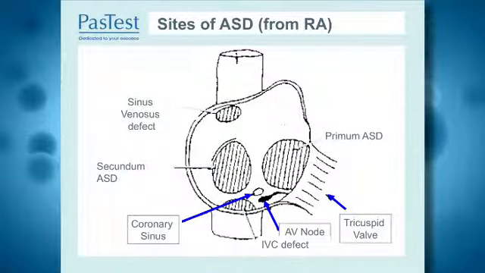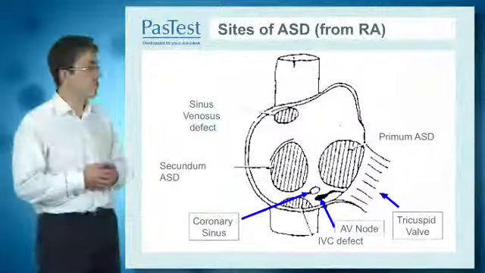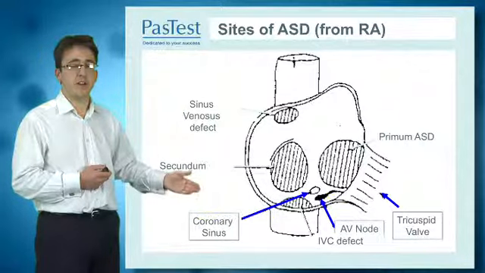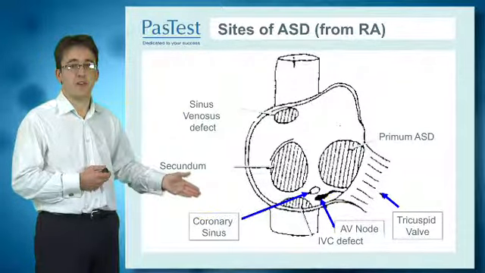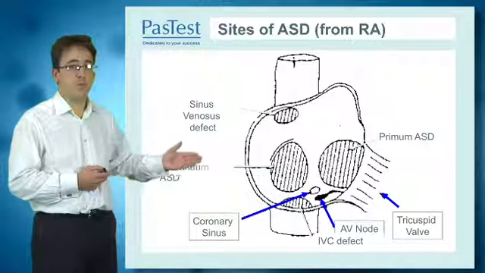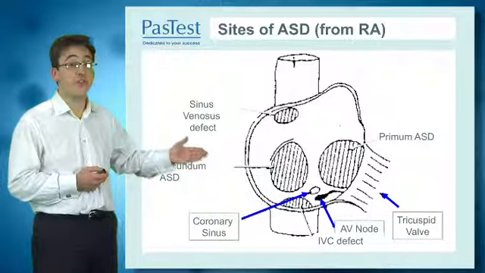When thinking about abnormal structures in the right heart, it's important to know the structure which should normally be present. And here we look at a slide of the right atrium opened up to look at these structures. At the very top of your screen, you see the superior vena cava, and at the bottom of your screen, you see the inferior vena cava. There are some other normal structures here. One of the blue arrows labels the coronary sinus.